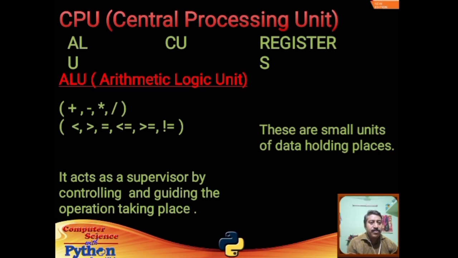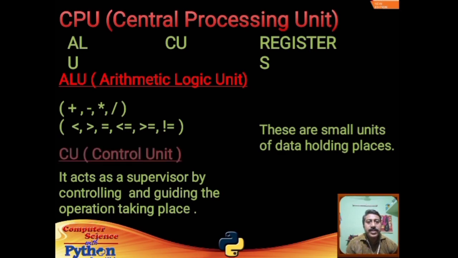In the same way, other arithmetic operations are performed through ALU only. For logical operations also, the numbers to be compared are sent from memory to ALU, where the comparison takes place and the result is returned to the memory. Remember one thing, the result of a logical operator is either true or false.